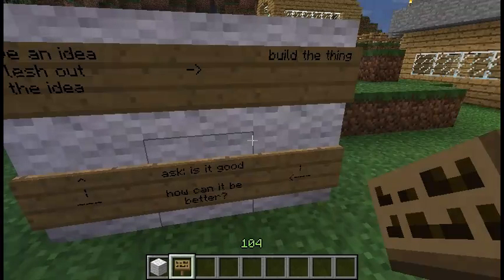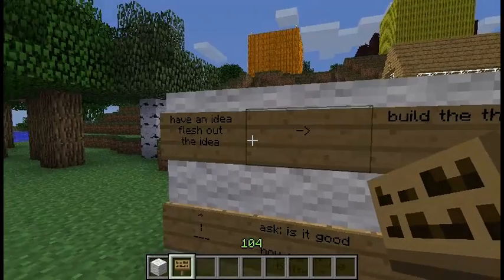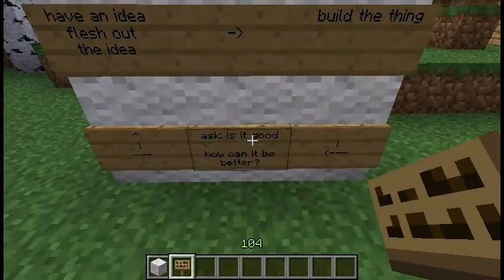And then the tutor goes, okay, what is this? Why is it like this? Why did you do this? Why did you do that? Why is this metal? Why is it wood? Why is it a circle? Why is it not square? Why this? Why that? And that's basically the design process. You have an idea, you build a thing, and then some guy just keeps asking you these random questions.